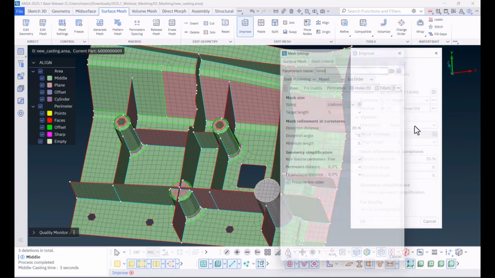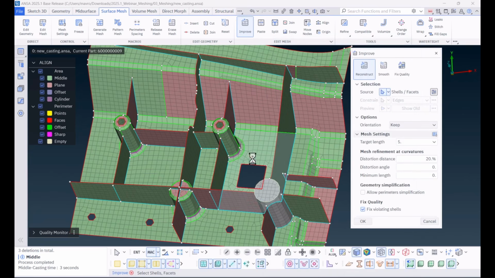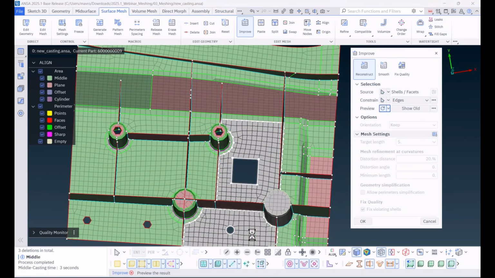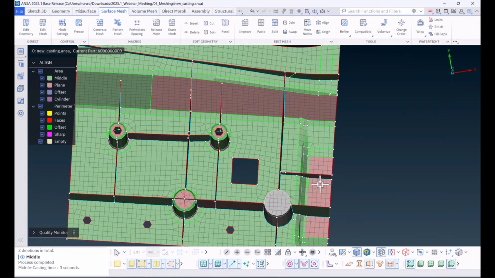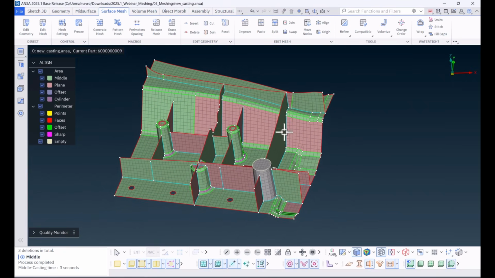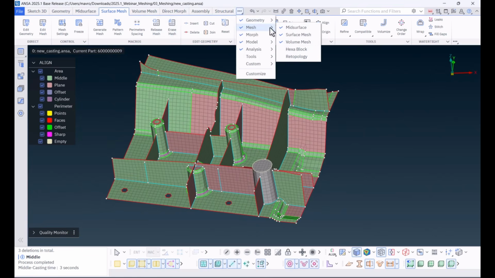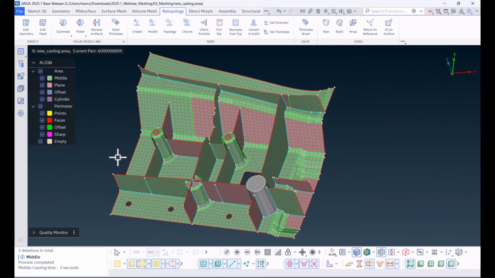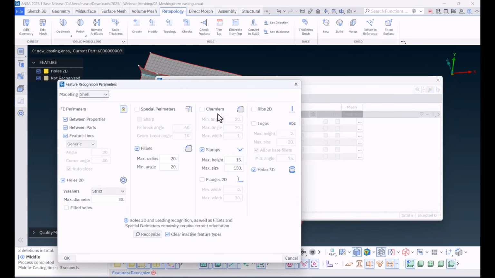The two new mesh size options are also useful when performing mesh improvement, as they can quickly generate a quad dominant mesh. Lastly, a new function is now available, located in the Retopology ribbon page, which aids in quick and precise rib modification. To use it, ribs first must be recognized through features.